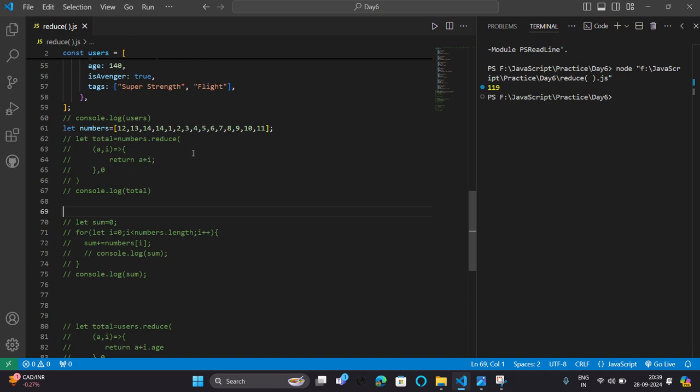In JavaScript, there is a reduce method available in which we can perform any arithmetic operation. So this is the array, and how do we use this method?